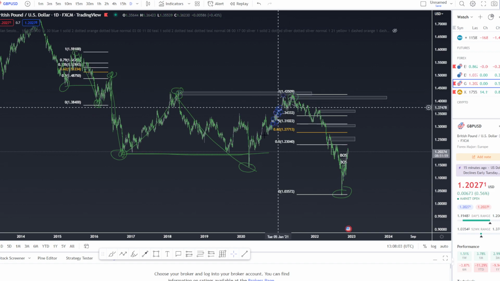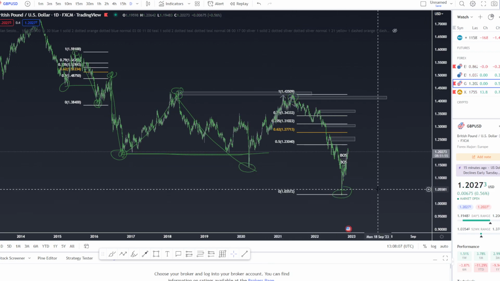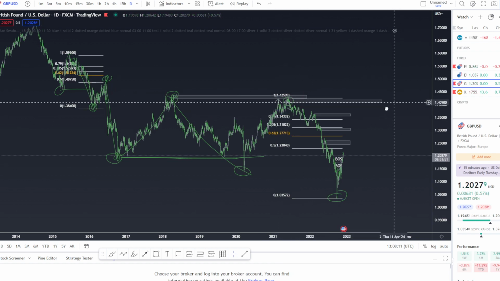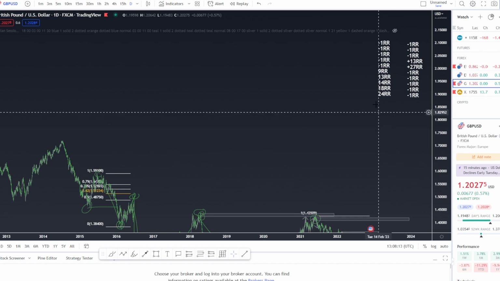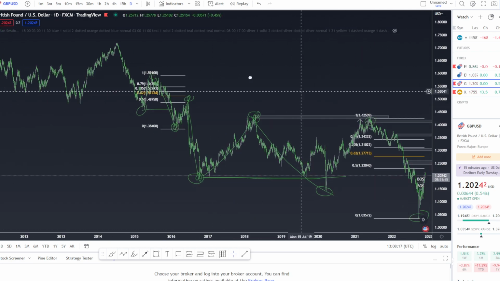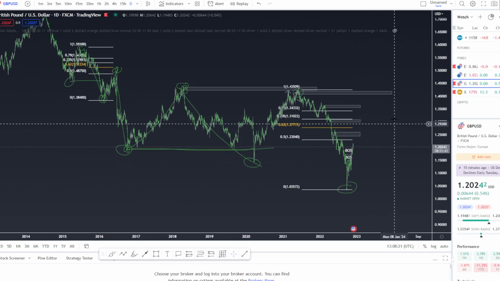This is the high that broke this low. This is the high that put in this low. So this is the protected high. If this high got broken, then we possibly could see price come all the way up here. Ignore this, this is just from my back testing. We could potentially see price come all the way back up here, but I don't think that's going to happen